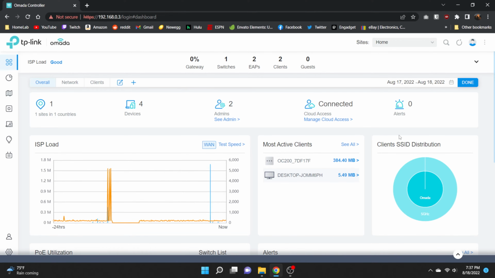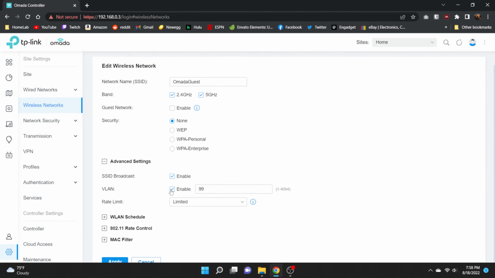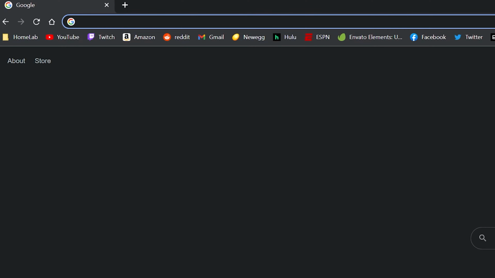How to navigate the GUI from setting it up to going over the dashboard, statistics, and all the basic settings that will get the most out of your Omada configuration. So let's do it. The first thing you have to do is open up a web browser and navigate to